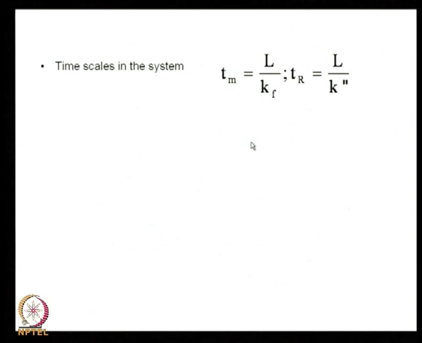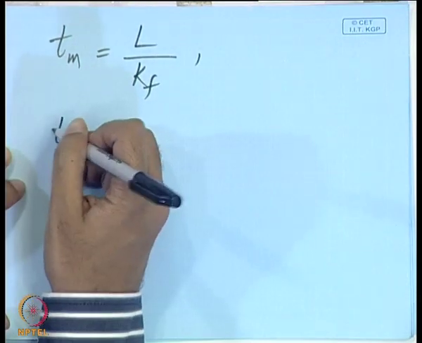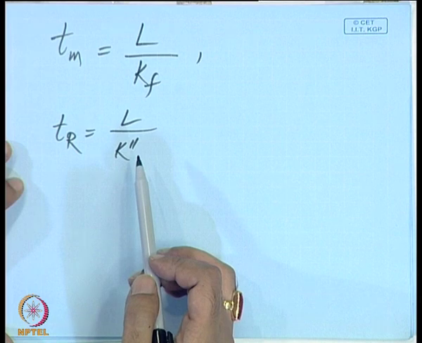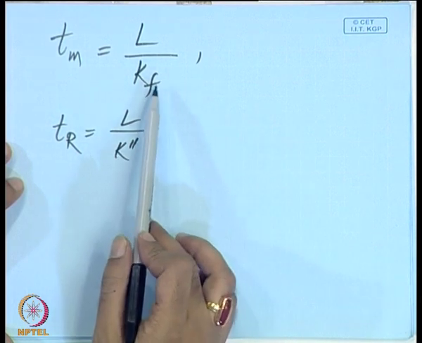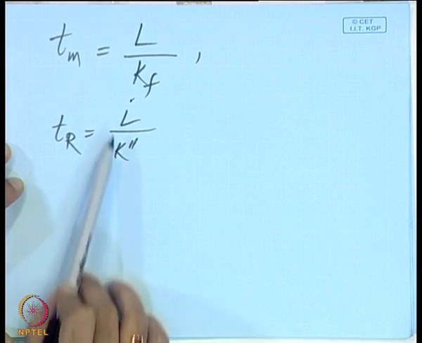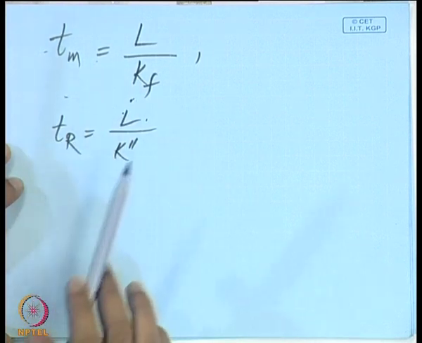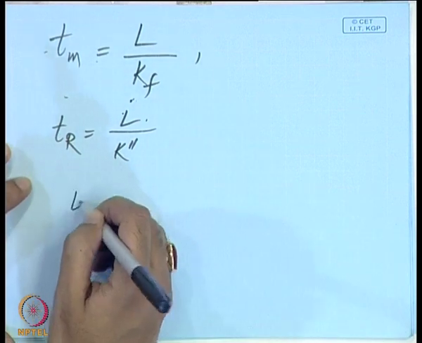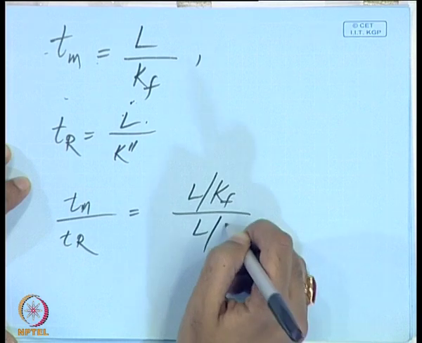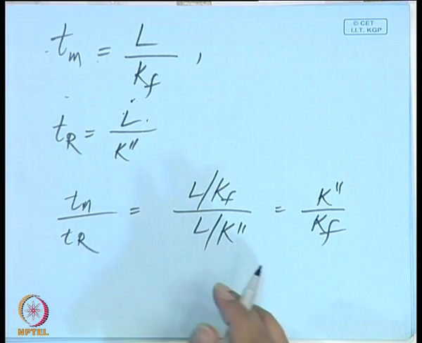So, here what we do is the mass transfer resistance is L over K f, and the reaction resistance is L over K double prime. Why is the L coming in here? Because it is a surface rate. Okay. If you remember, my mass transfer coefficient and K double prime have the same units, right. So, to make this the unit of time, the mass transfer time scale is L over K f, and the reaction time scale is L over K double prime. So, in the same way, T m over T r equals L over K f over L over K double prime, so that is K double prime over K f, and that is my